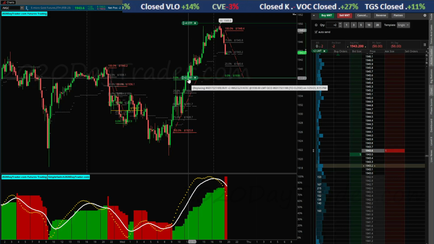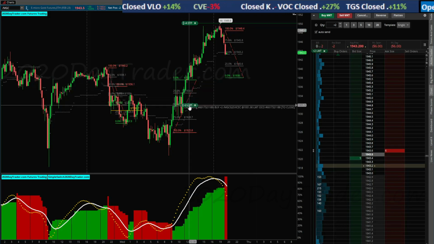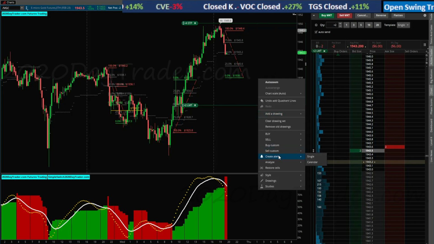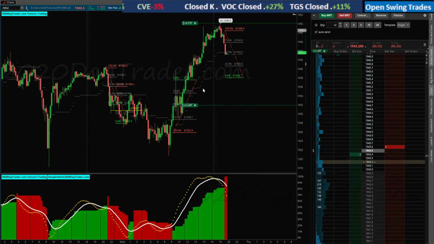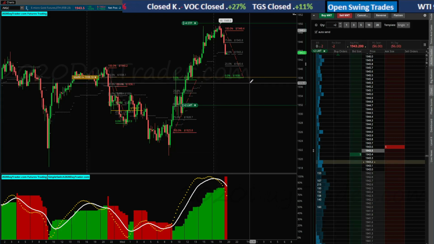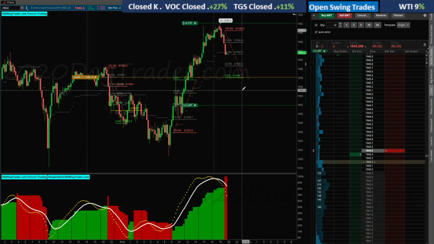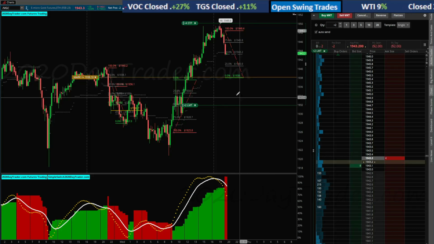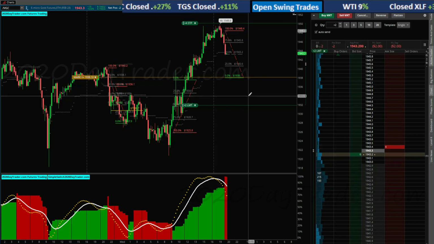And actually, since I'm going to be around the computer, I'm going to go ahead and pull this down here. And then I'm going to put my alert in: create an alert, single, at or below, create. So now it's going to text me, and my computer will also make a noise when the candle hits this level. And then I can start trailing my stop, as you see me do in other videos.